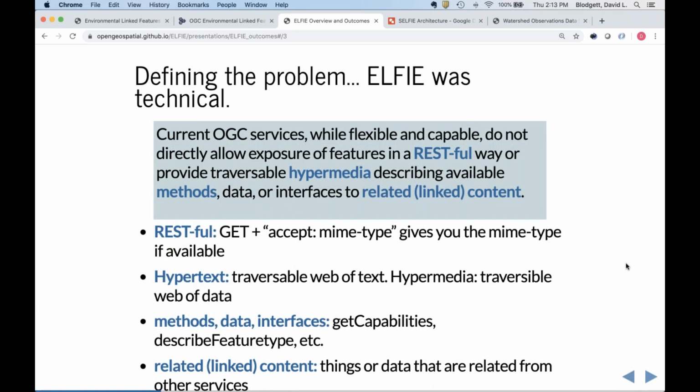Okay, so ELFIE was a very technical project. We attempted to focus on some particular technologies, but it was fairly technical. So I just want to express some of the very specific technical hurdles that we were addressing. This is a sentence extracted from the engineering report that I think is worth reiterating: current OGC services, while flexible and capable, do not directly allow exposure of features in a RESTful way or provide traversable hypermedia describing available methods, data, or interfaces to related linked content. So this expresses some gaps in the OGC services baseline,